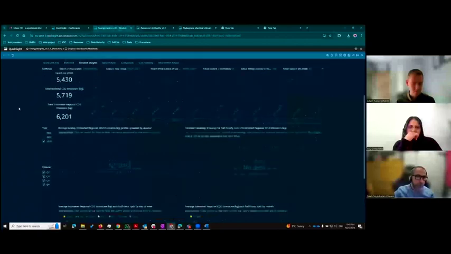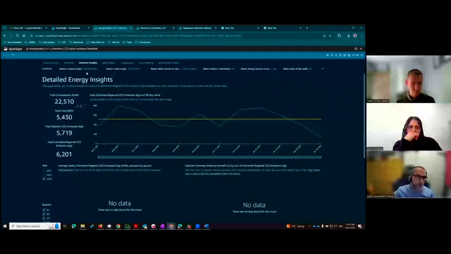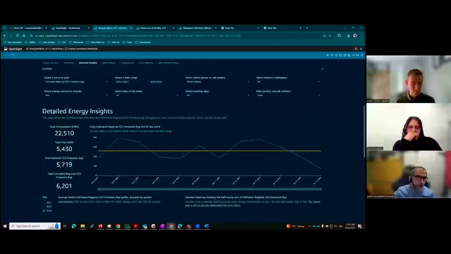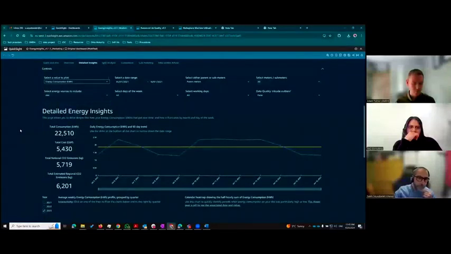In the detailed insight, we can again toggle between different figures and our dashboard is updated. We can choose the range for a week, a month, or a year, and see the total consumption by kilowatt hour, cost, and also the total